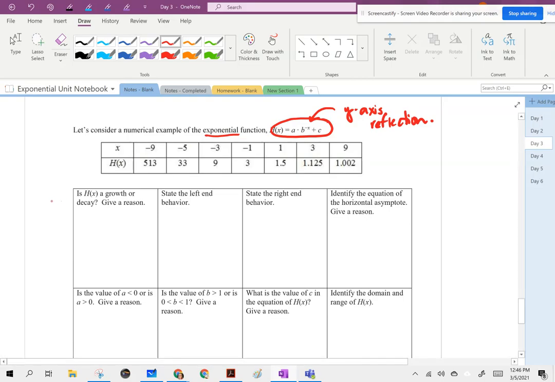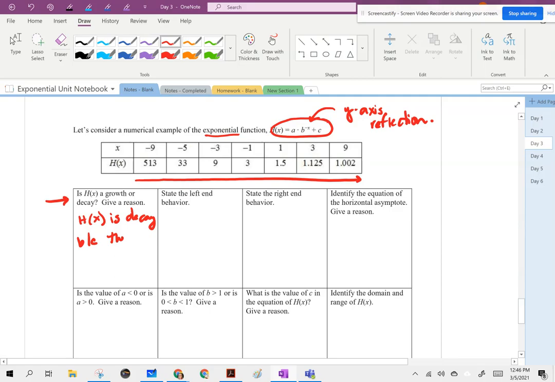See what you can determine. Is h of x a growth or decay, and give a reason. All right, so when you look at growth or decay, you're going to be reading the graph from left to right. So let's take a look at the y values from left to right, and we notice that they're getting smaller. So that means we have h of x is decay